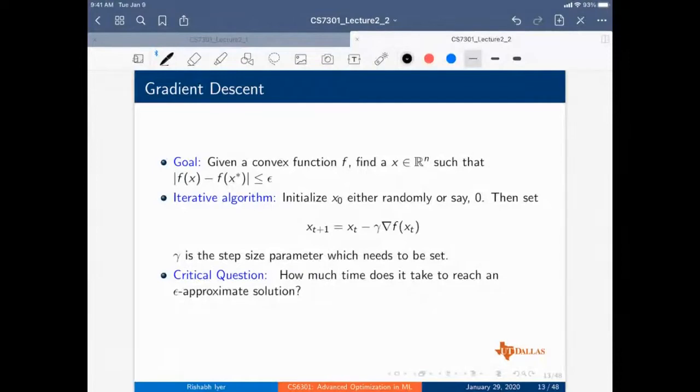So the main question is that if we have an iterative algorithm like this, how much time, or in other words, what are the